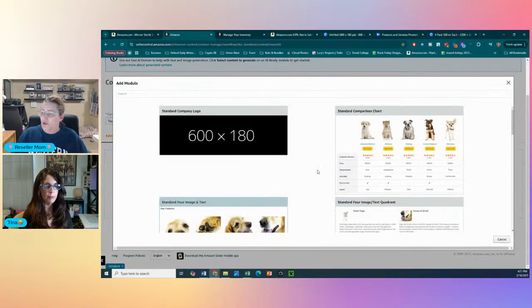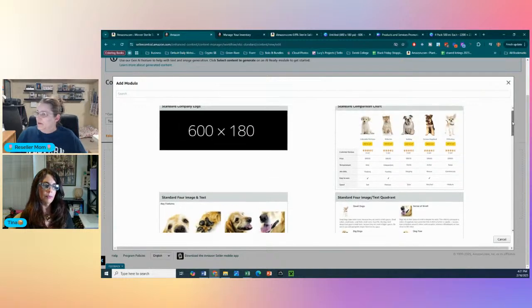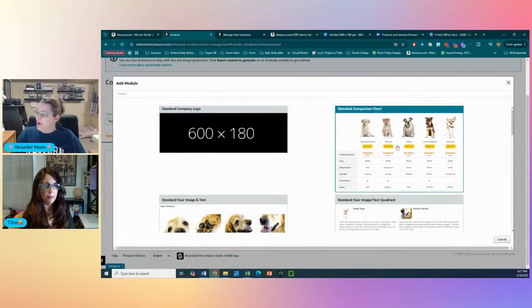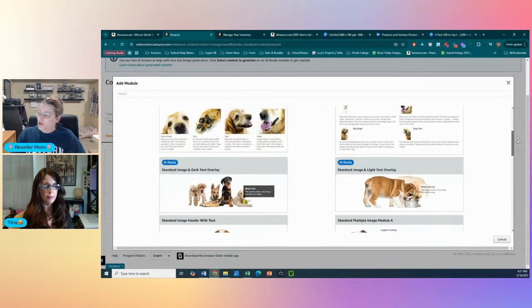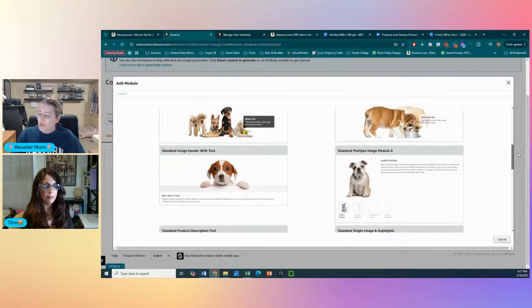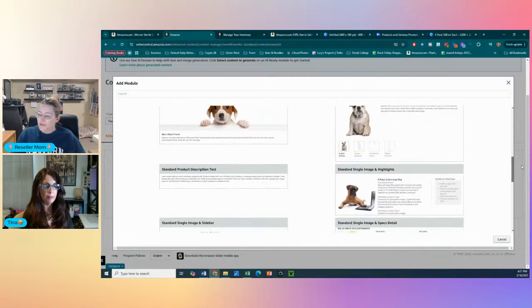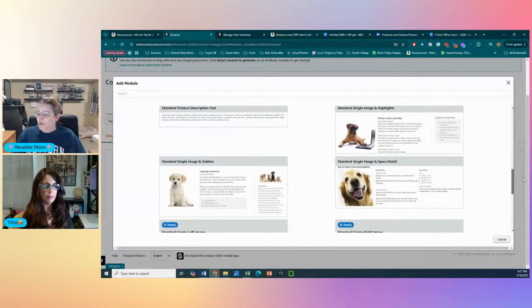We're going to add a module. This is fun to play in. You can add a company logo. This is that comparison chart that we've seen before. Standard images. I like the little dogs playing. I like that all of it's dogs. As you can see here, we've got